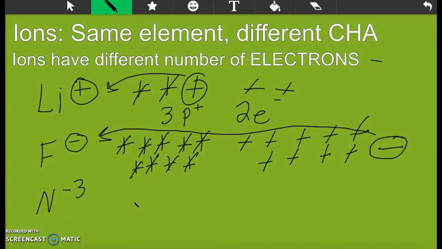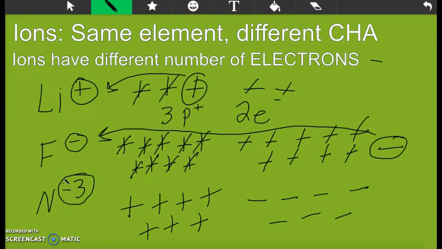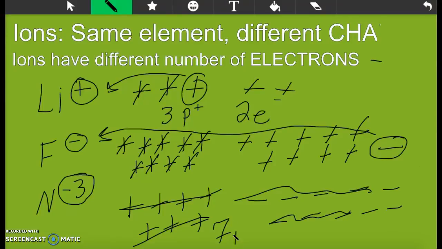And then nitrogen, we'll do real quick. 1, 2, 3, 4, 5, 6, 7. And then normally we'd have 7 electrons, but we have an overall charge of negative 3. So to cancel out all these, we need 1, 2, 3 extra electrons. So we'd have 7 protons,